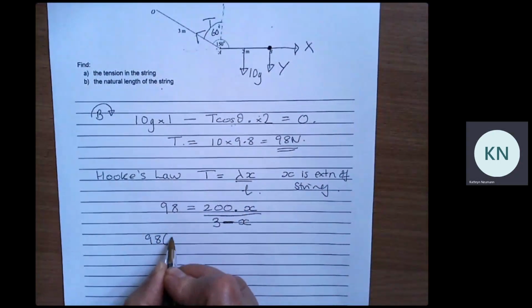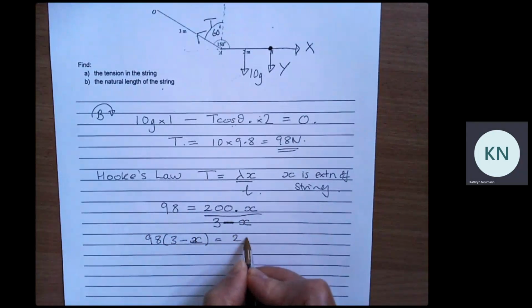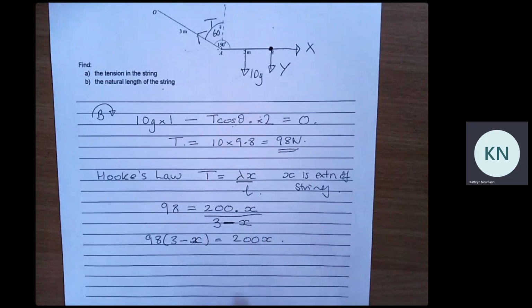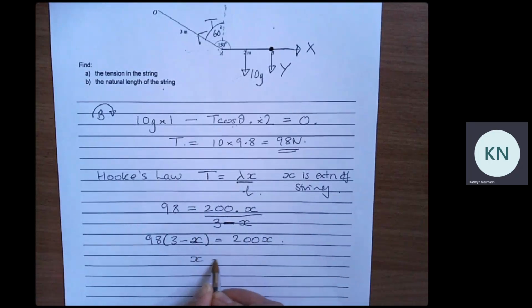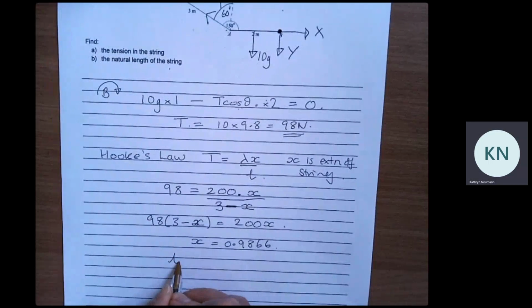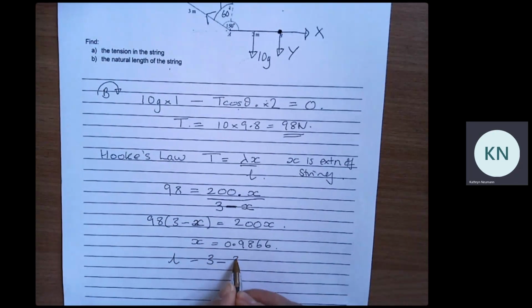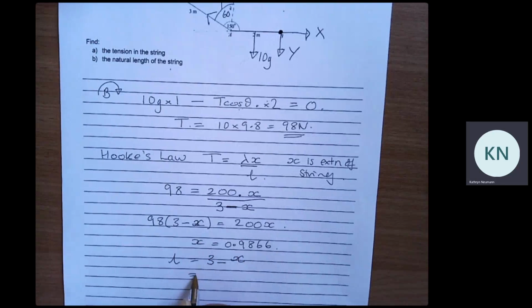I'm going to say 98 multiplied by 3 minus x is equal to 200x. And solving that, I get that x is equal to 0.9866. The length of the string, which is what we're asked to find, is going to be 3 minus x, which is equal to